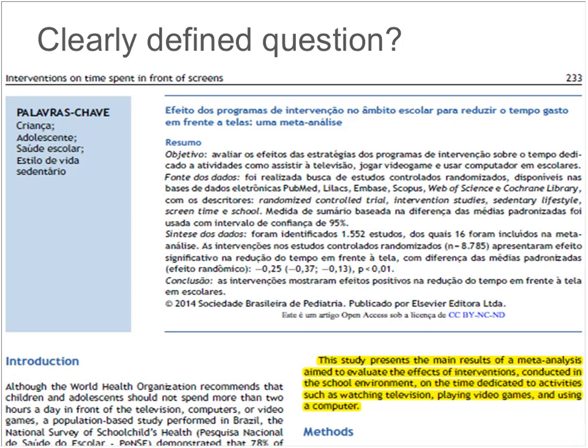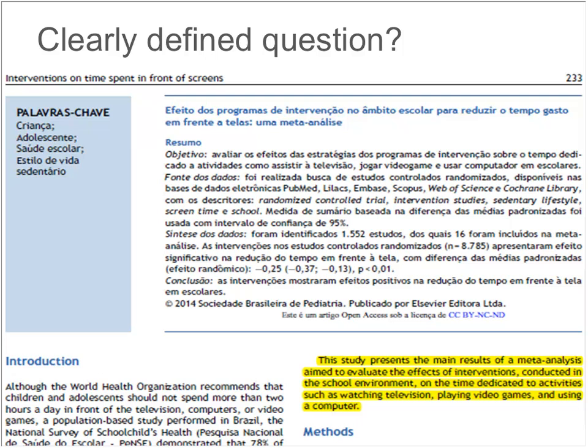So one of the things that we can do here is there a clearly defined question? Where can you go to answer this question most quickly? So there's a few places you could look at, and the first would be looking at the title. So can we get this from the title? If you can't get it from the title, can you find it under the purpose? Which we can't tell from this one because this screenshot isn't in English, but what we can see here is generally the last sentence of the introduction section, and usually the sentence that's right above the methods, tells us what the study question is or what the purpose of the review is.